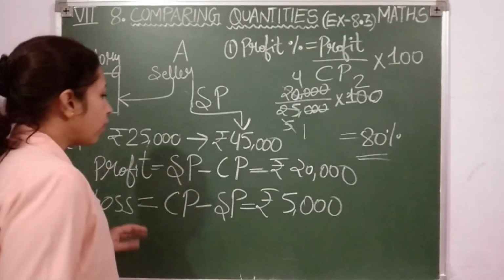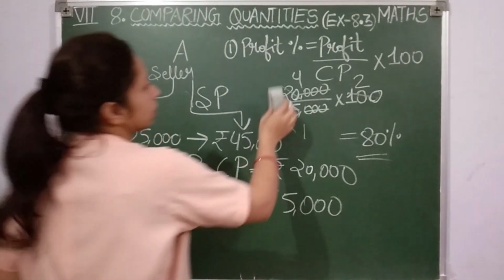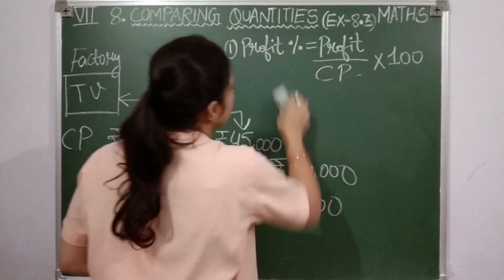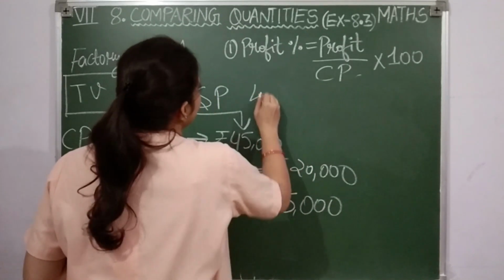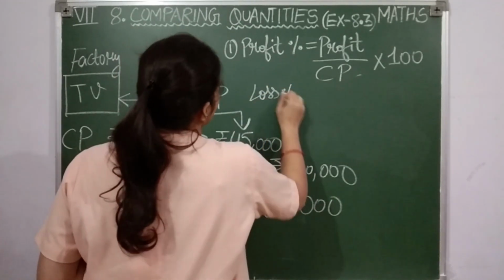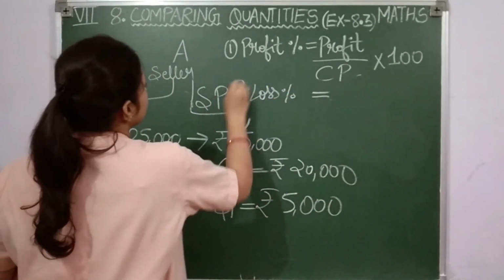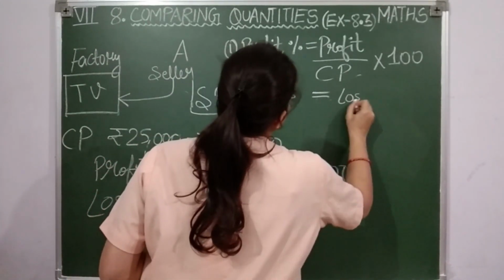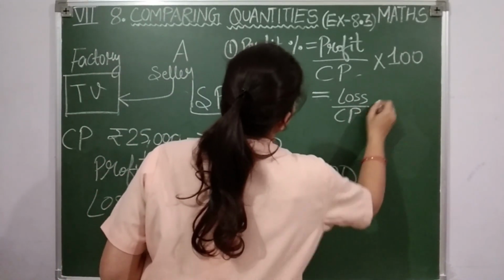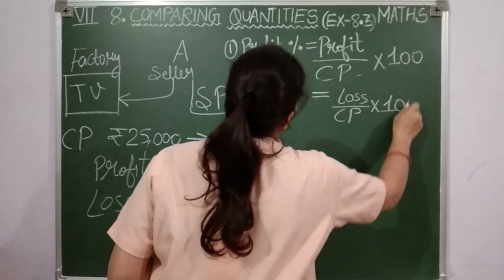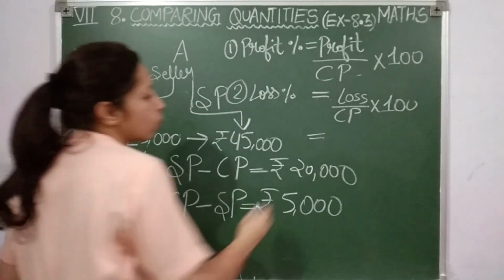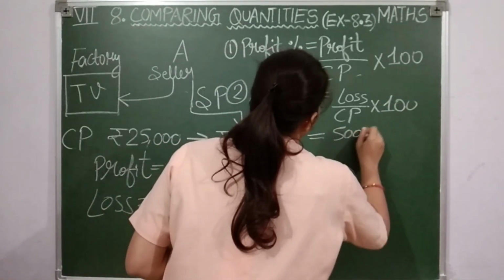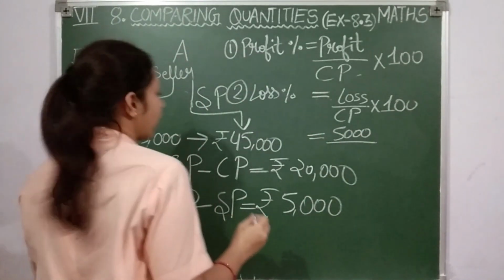Okay students, now if I want to calculate loss percentage, let us see the formula. So for calculating loss percentage, the formula will be loss upon cost price into 100%. Okay students, now loss is 5,000 right here, cost price is 25,000